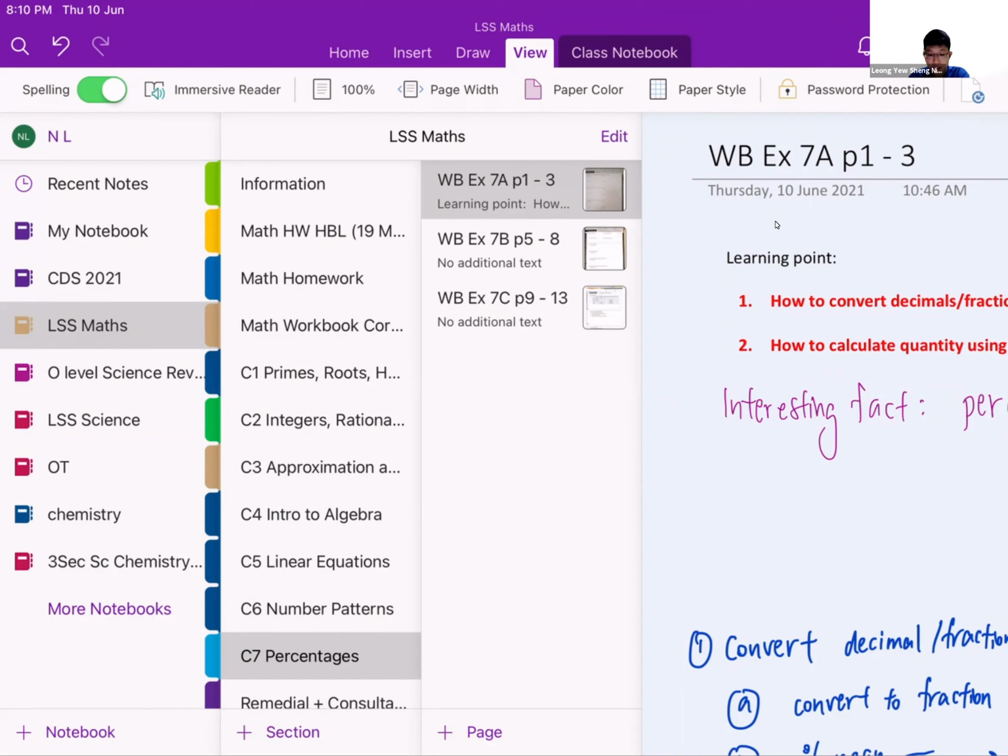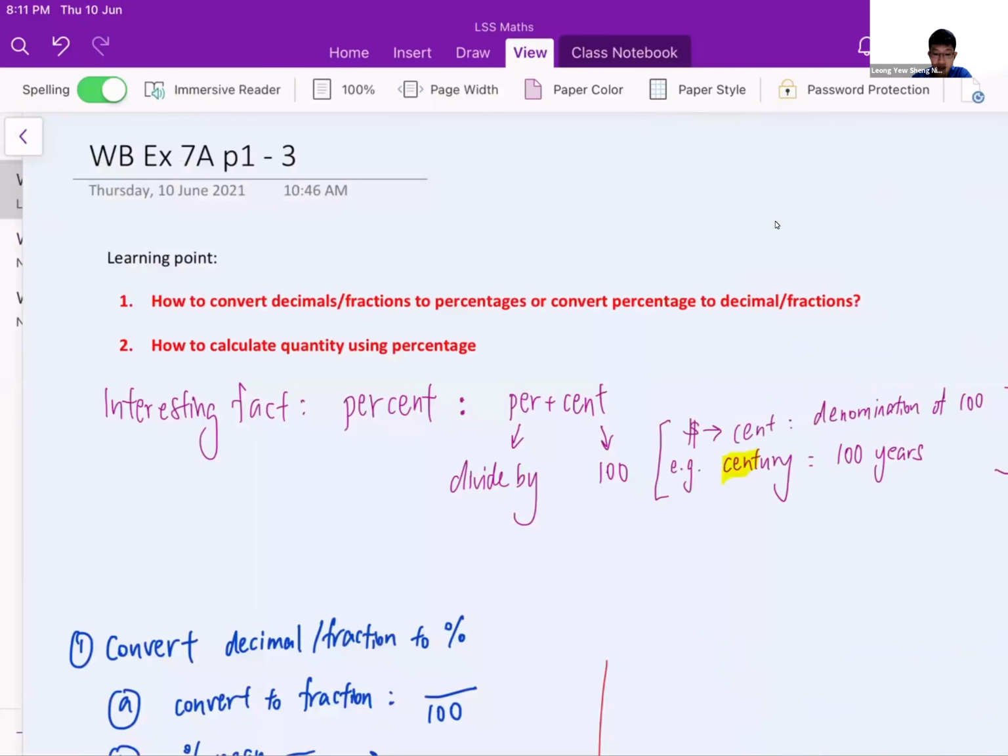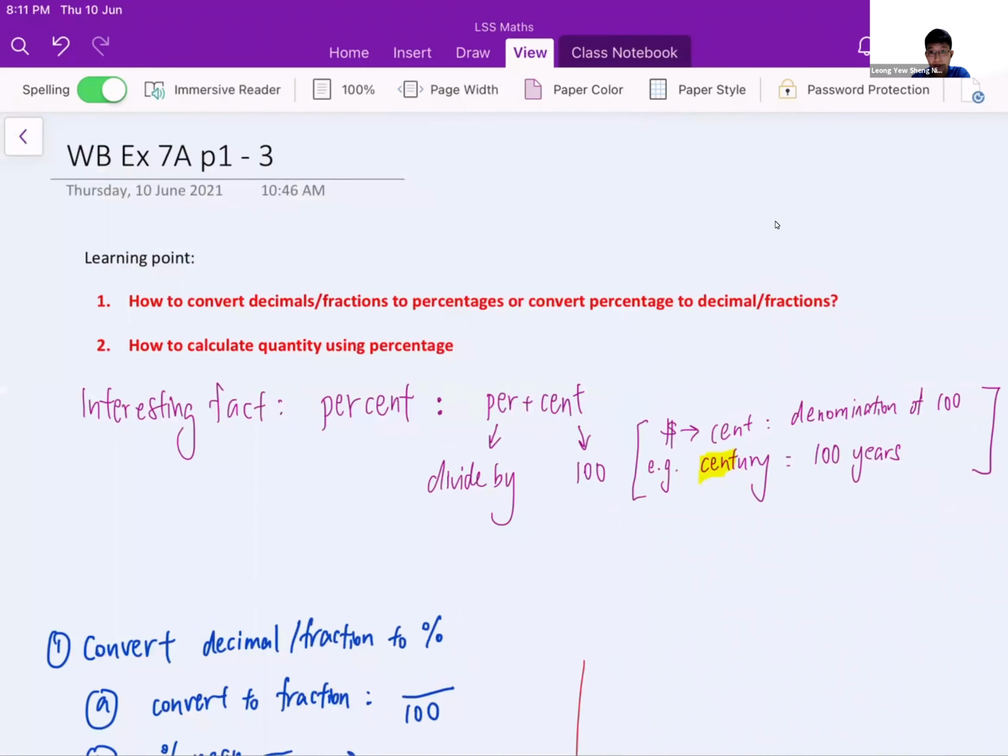Okay, hi students. Let's go through some concepts you learned previously. So let me guide you to where you can find this learning material. It's under chapter 7 percentage, workbook exercise 7a, page 1 to 3. So let's begin. Previously, we learned how to convert